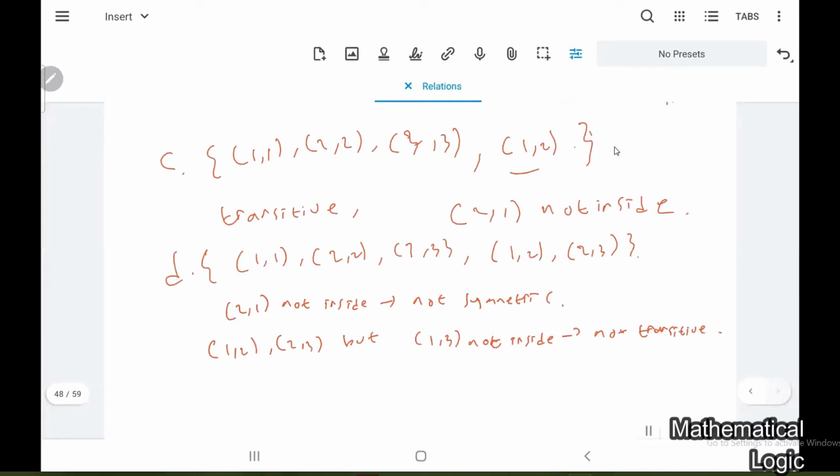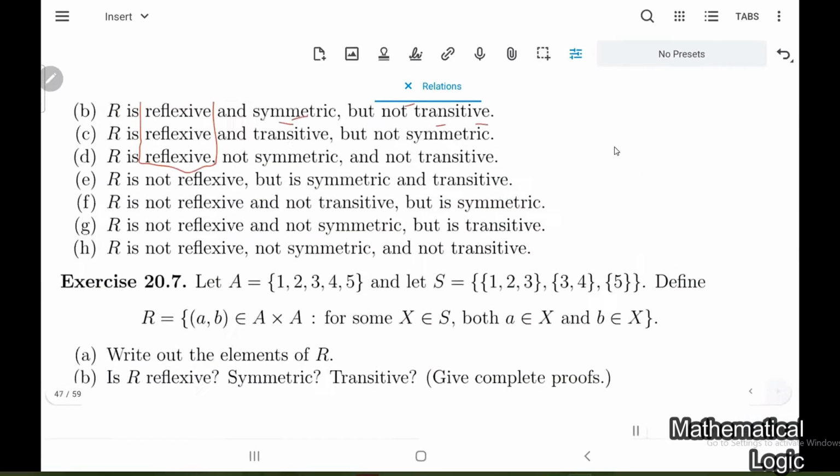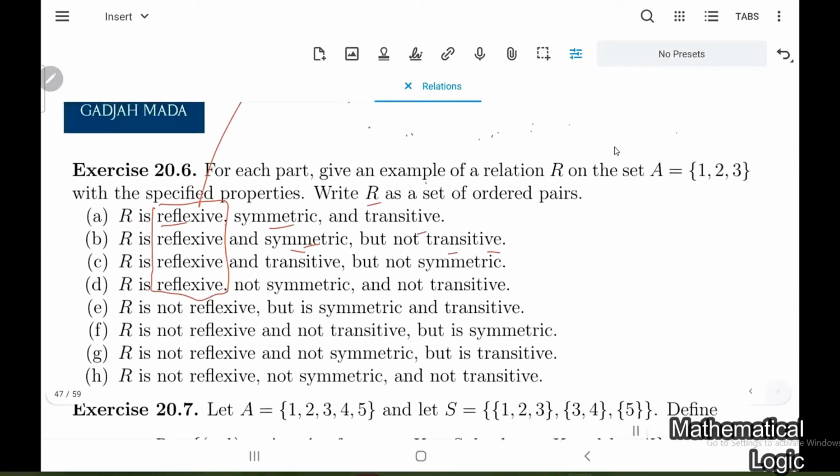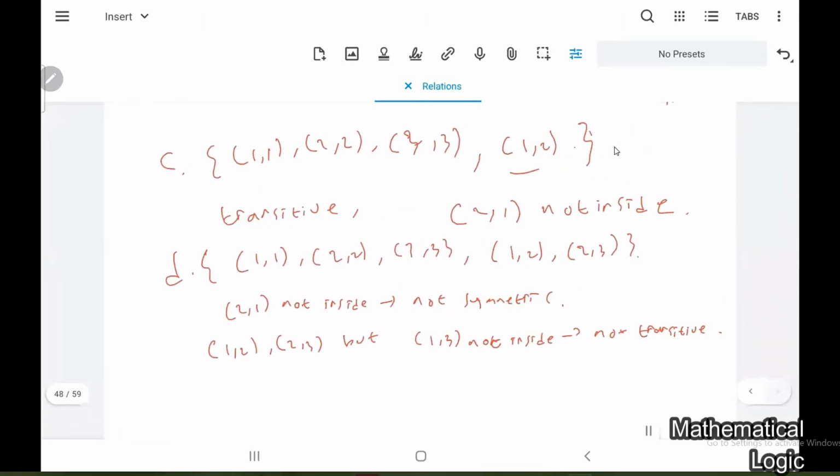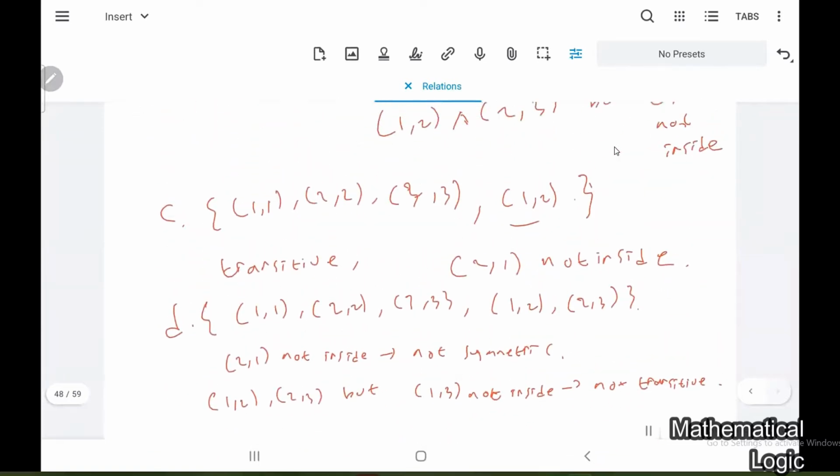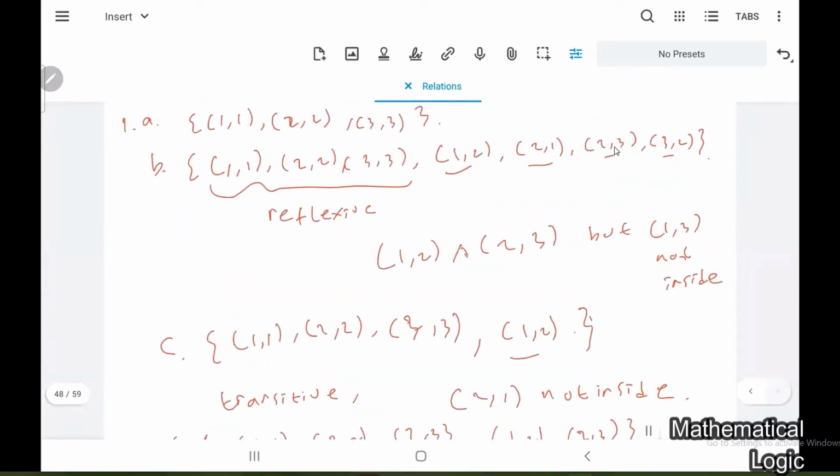Yeah. So if you get another answer, that's fine, because when we build this kind of stuff, usually it's not unique. And this one is not unique, of course. So you can find another example. But basically, what you have to do is try to see one by one. For example, like the reflexive part, you have to include all these 3, and then that's it.